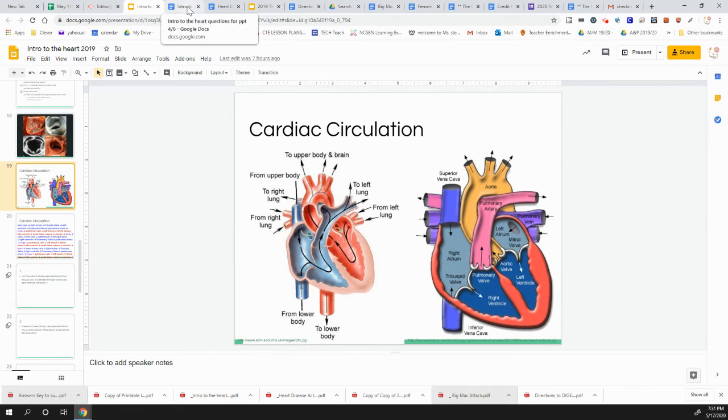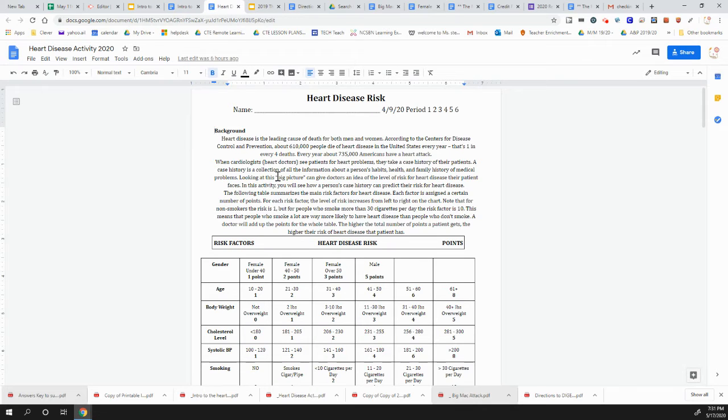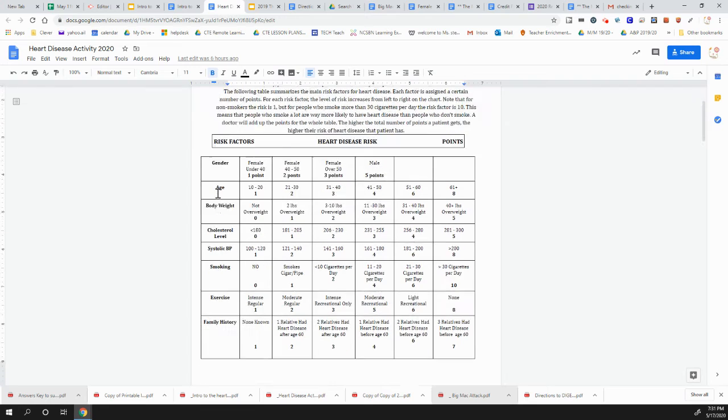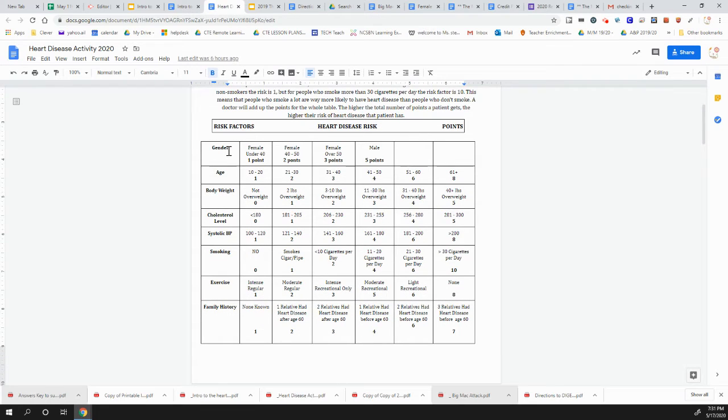Assignment number 2 is the heart disease activity. Now, several people had questions on this one, but it's really not that complicated. Right here, it talks about the background of heart disease. Here is a chart, and in each section here, these are risk factors: gender, age, body weight, cholesterol, systolic blood pressure, smoking, exercise, and family history. Some of these you can control. Which ones can you control? That's one of the questions here. You actually can do a little bit to help control your cholesterol level and your systolic blood pressure, but also your body weight,